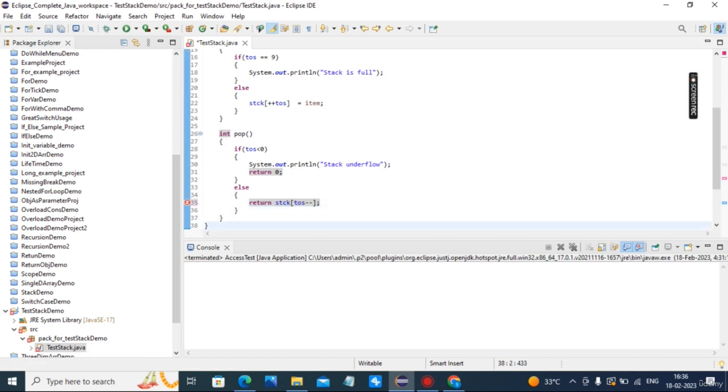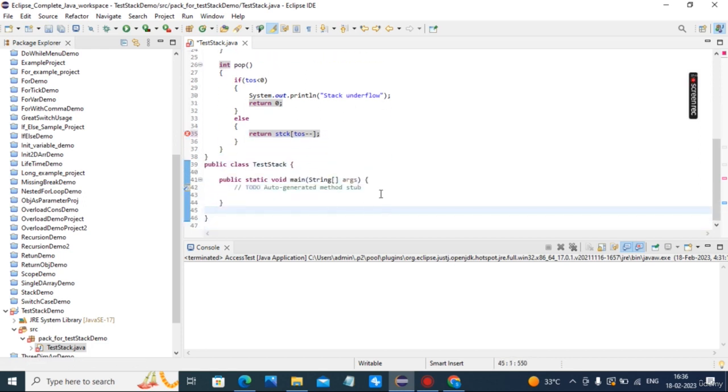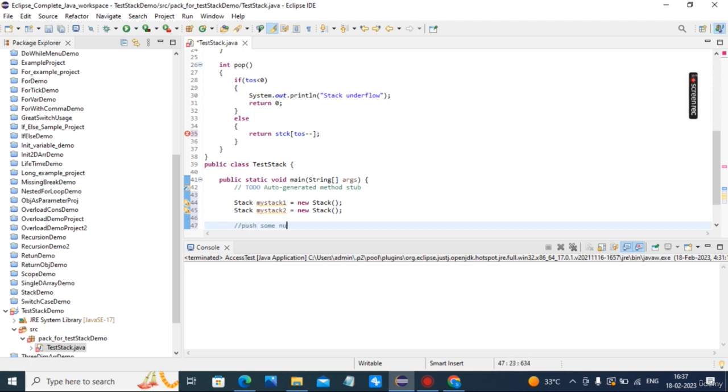Okay. So now, test stack public static void main. Stack will be created. Stack my stack 1 is equal to new stack. Stack my stack 2 is equal to new stack. Put numbers on the stack.